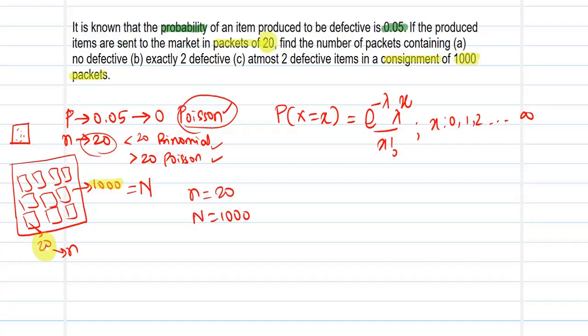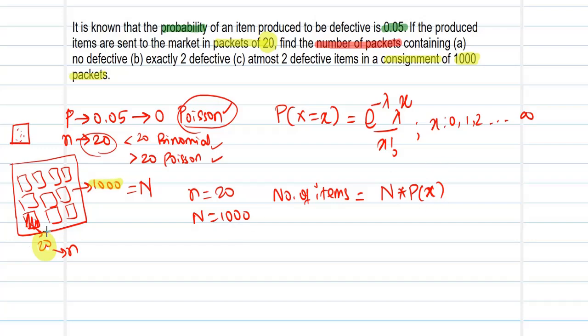Secondly, we identify that we have been given the keyword number of packets. So whenever we need the number of packets, keep in mind the number of items or number of packets is given by the formula capital N into probability of x. So now what happens over here? You find the individual probabilities for each of these cases, and to get the number of packets, you will have to multiply it with 1000, because this probability which you are estimating is only for one such